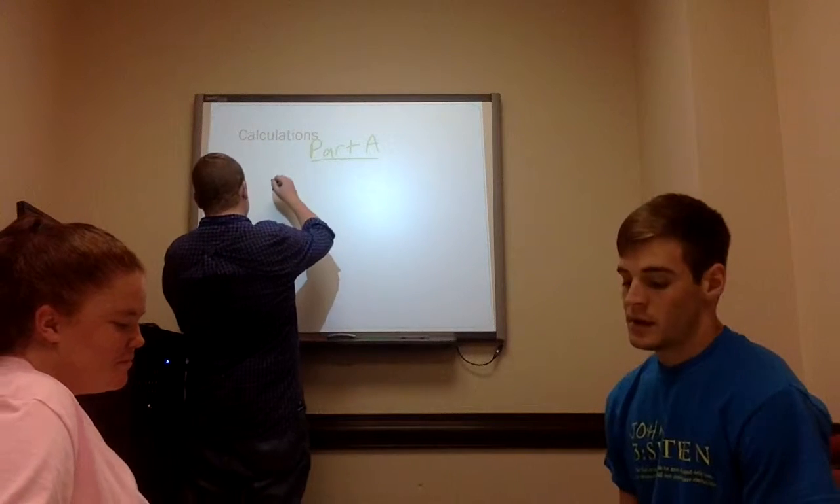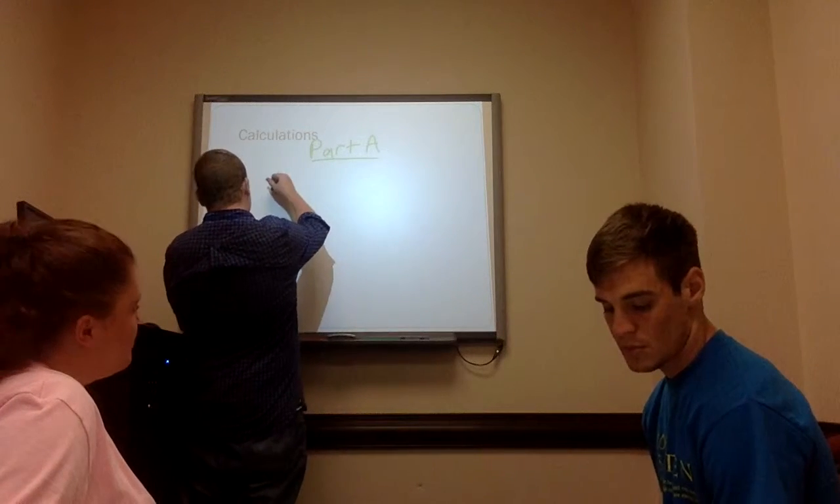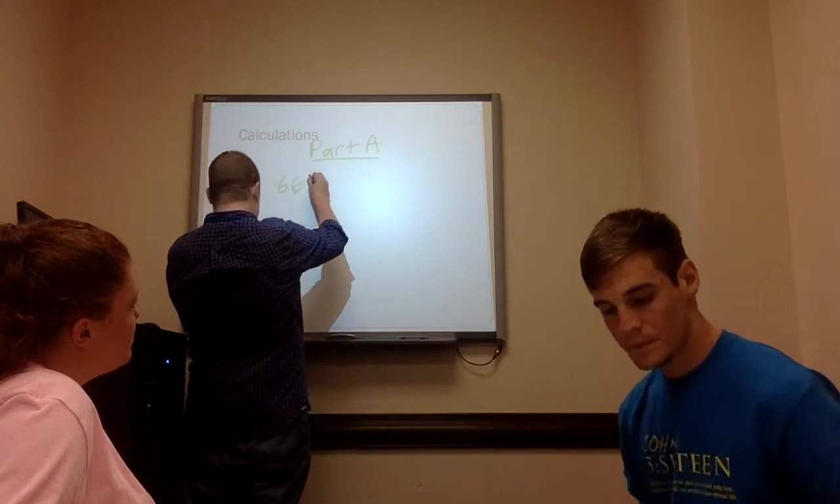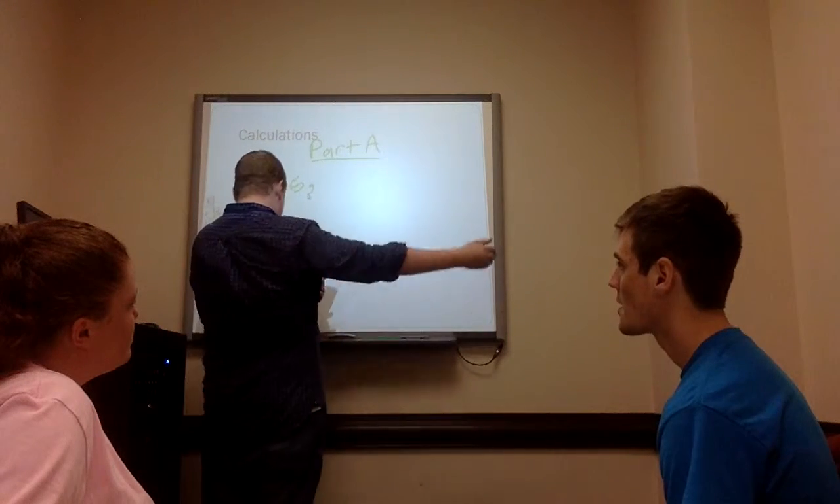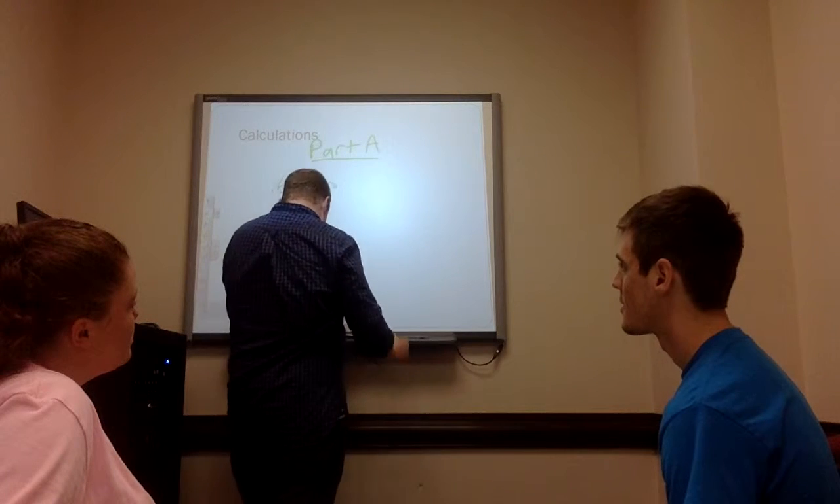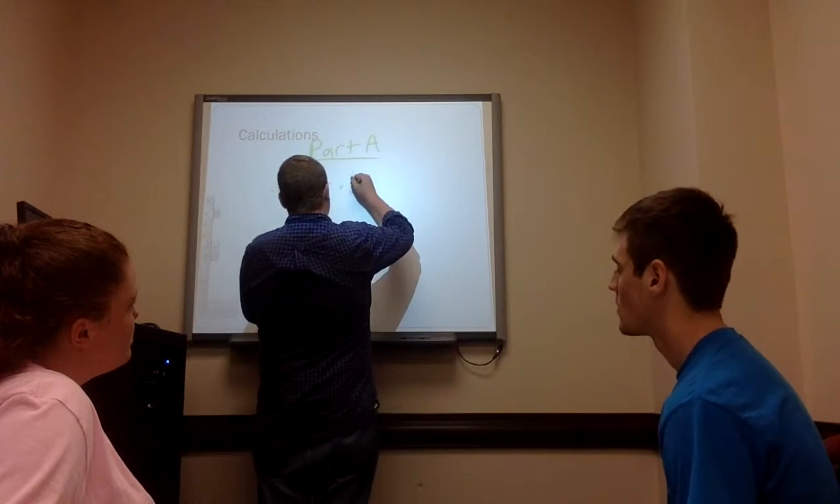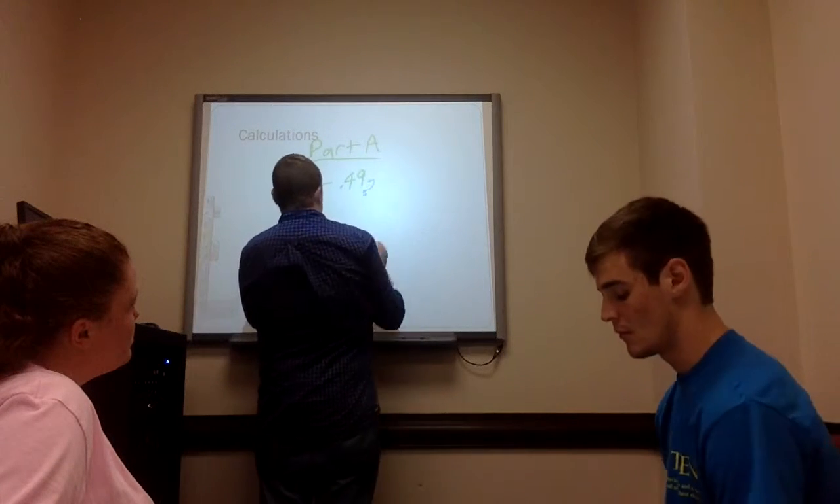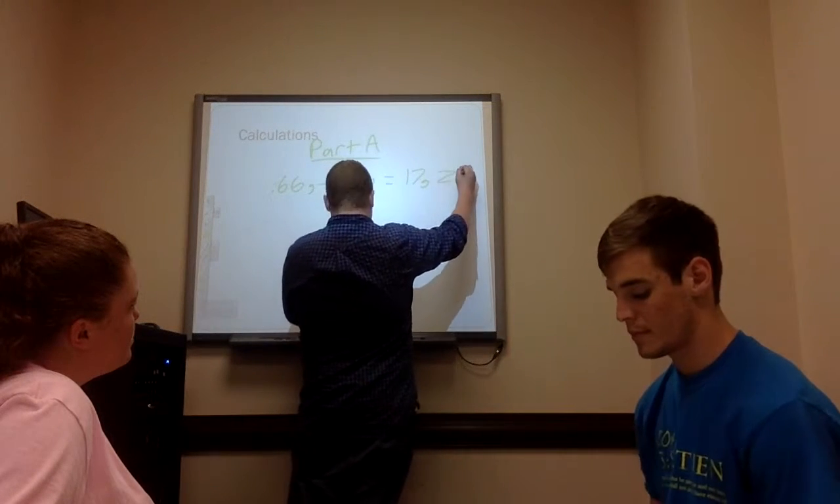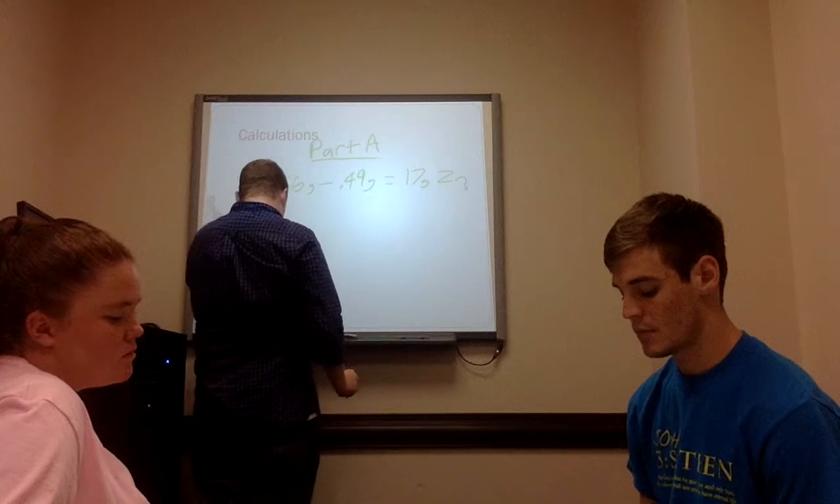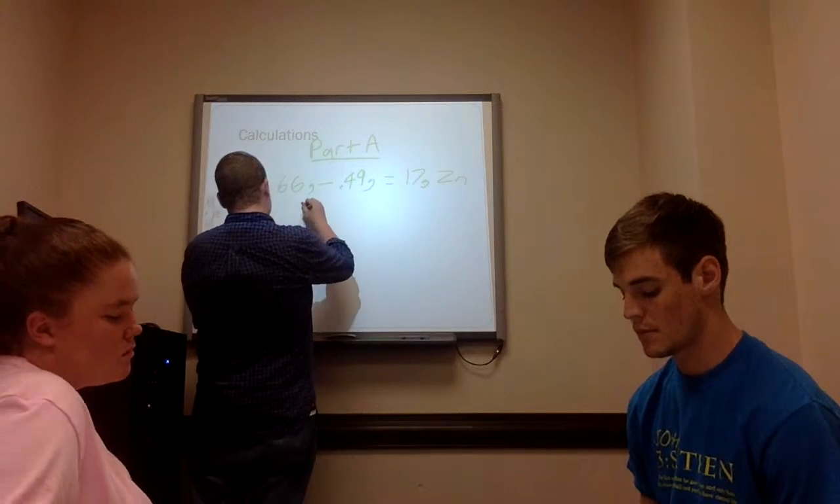You took your reacted zinc, or to find your reacted zinc, 0.66 grams, which was your original amount of zinc, minus 0.49 grams of zinc, which is what you had remaining. So that gave you your 0.17 grams of zinc. Okay? So what you do is now you have